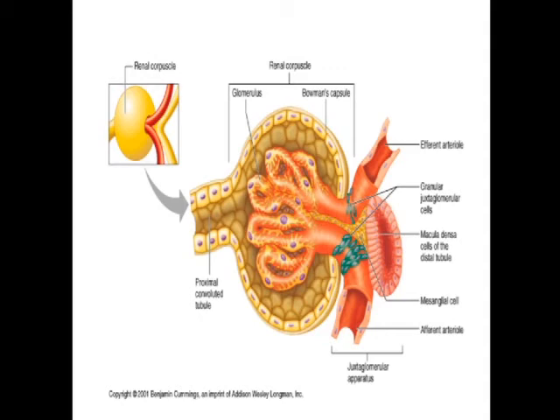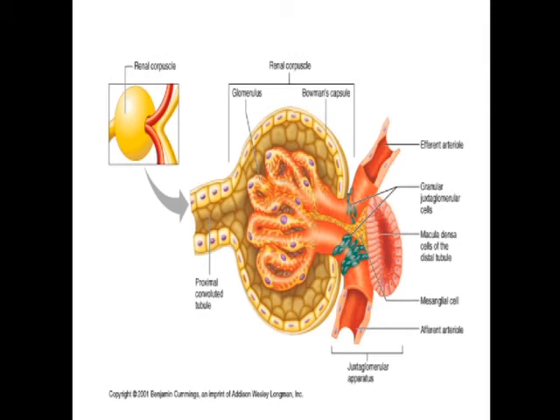Adjacent to the macula densa, the wall of the afferent arteriole and occasionally the efferent arteriole contains modified smooth muscles. These smooth muscle cells show certain modifications, and these are called the juxtaglomerular cells. The juxtaglomerular cells have a large size and their nuclei are spherical. The cytoplasm of juxtaglomerular cells is full of granules which do not stain by the ordinary H&E stain but can be demonstrated by special staining techniques.